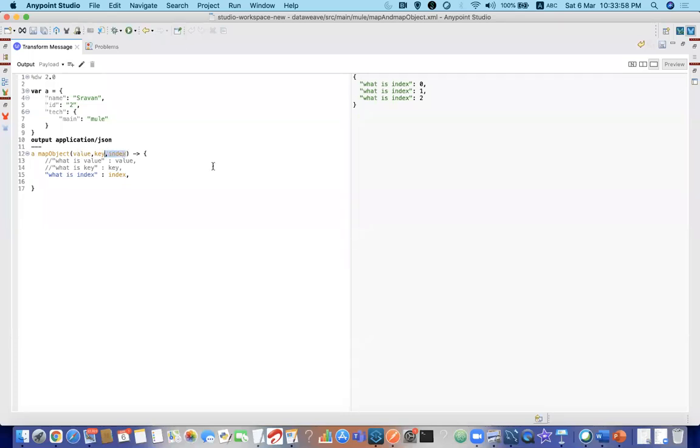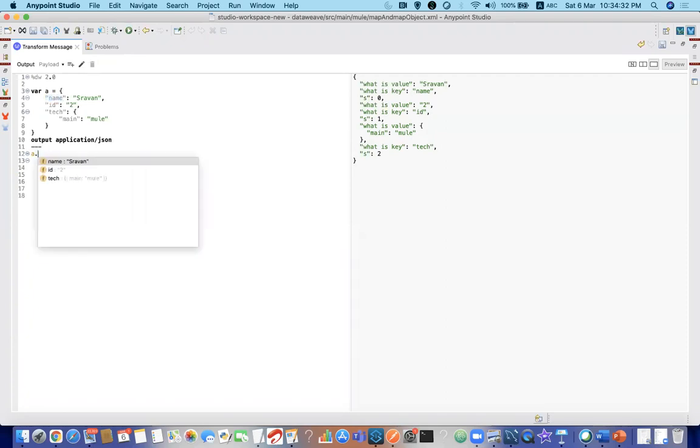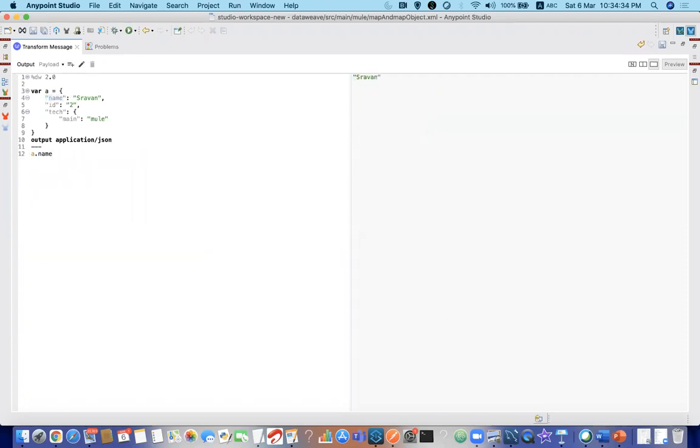Now, what I wanted to do is remove something here, and show you what is key. Keys are coming like this, and values, you can see we are getting values. If you want to have index, you can define index and use it here. It will accept 3 arguments. Map object we mostly won't be using. If I want to extract the name, I can just directly say a dot name. Simple. There is no need for map objects.